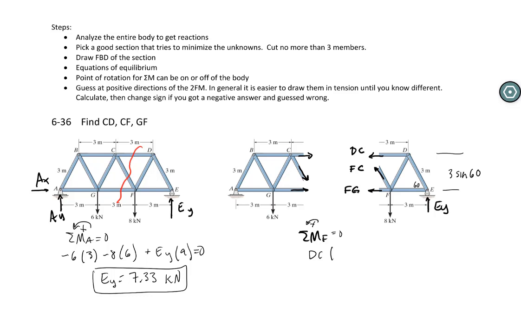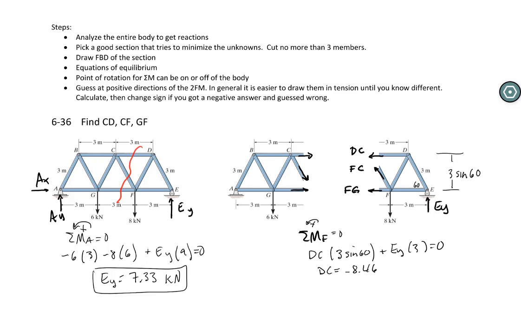So then our lever arm here is 3 sine 60 for DC. So I'll put that, 3 sine 60, plus EY times 3 equals 0. And I can solve that for DC is equal to negative